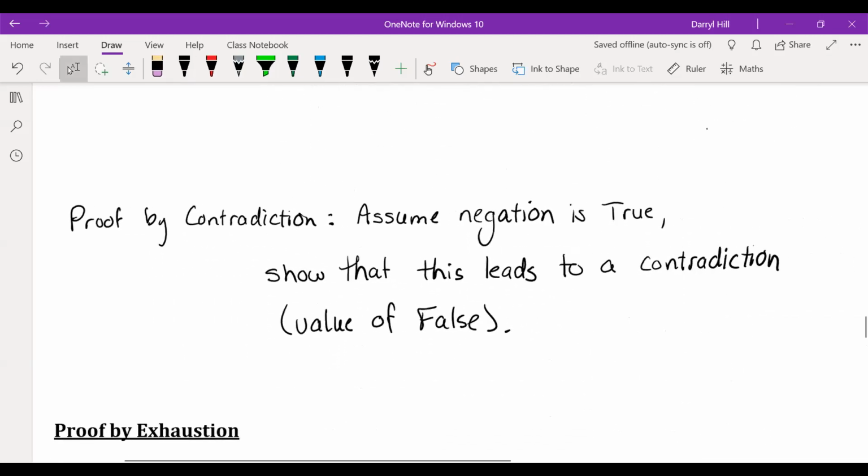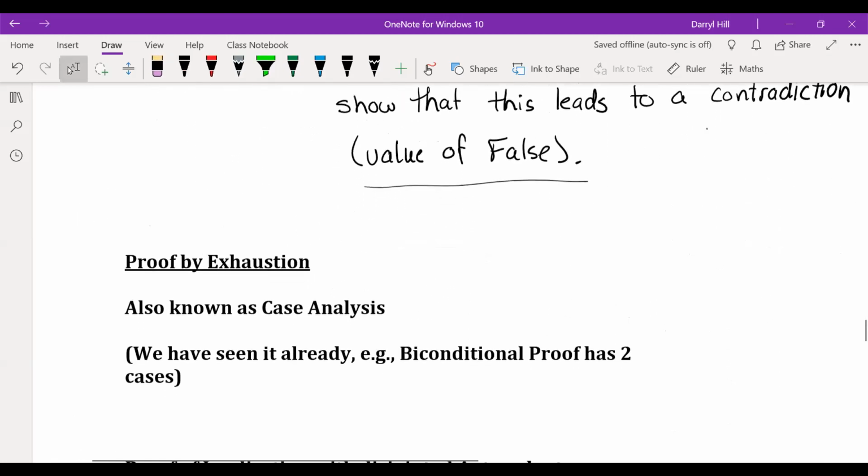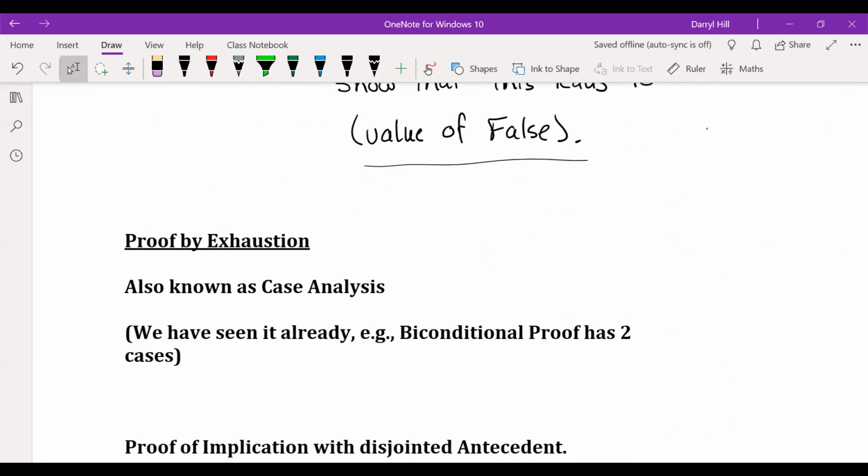So we assume the negation of our argument is true and show that this leads to a contradiction, a value of false. This is basically just summing it up. And once you assume the negation is true, you can use a direct proof, an indirect proof, or what have you. Okay, so then,